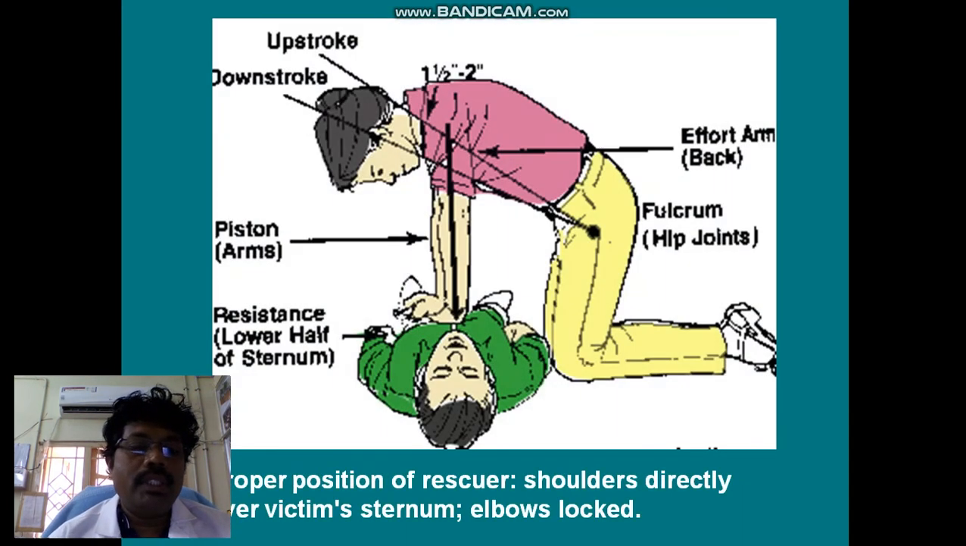You can see this picture. This picture reveals a better position of the client, and a better position for the first aider to sit. So in straight 90°, the elbows, the hands and the shoulders should be in the same line. The first aider should kneel down if the patient is lying